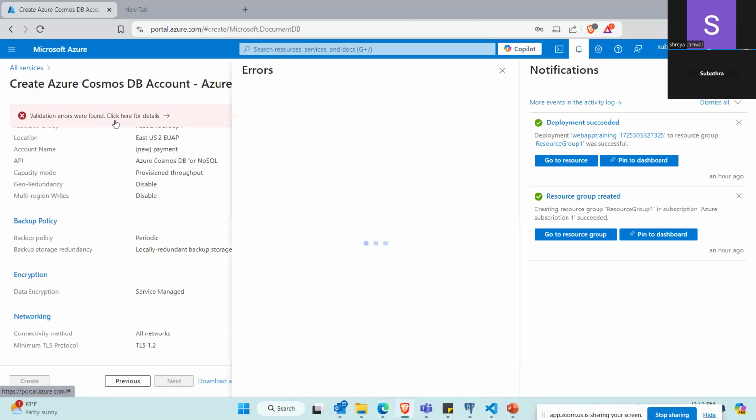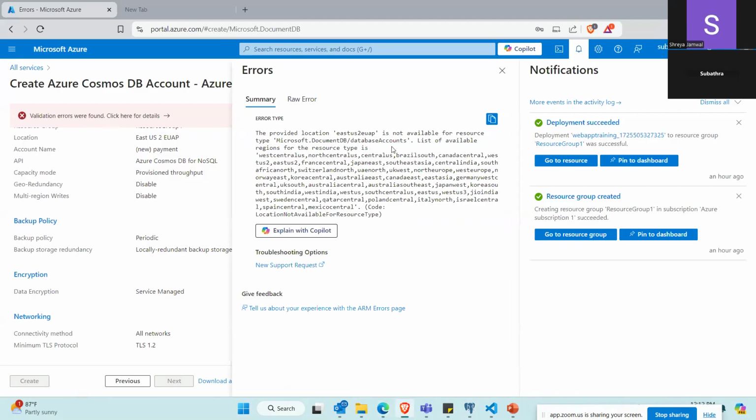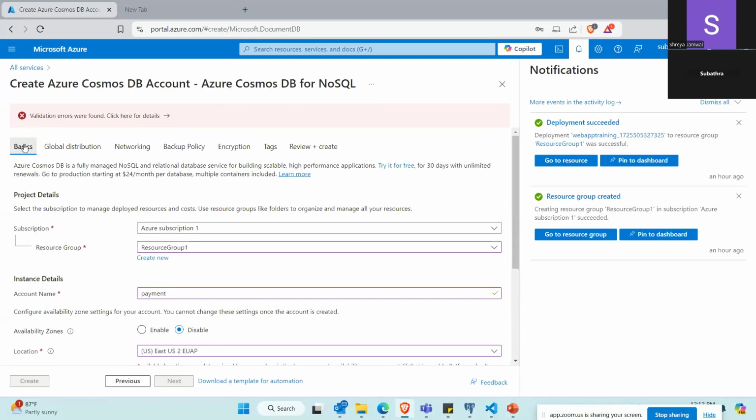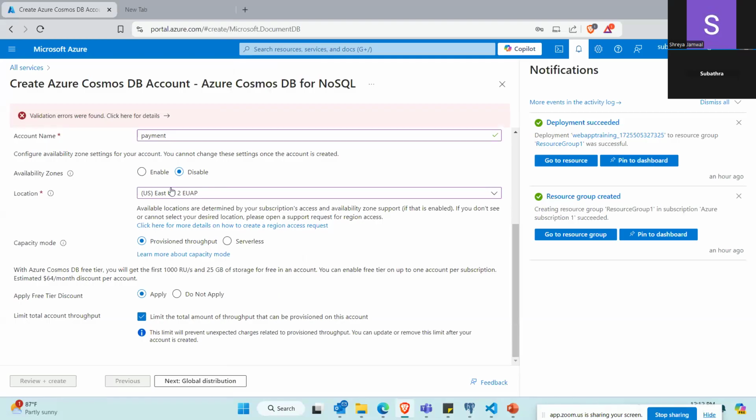There is some error. Is not available for resource type, document database account list of available. What happened? The selected location is not available.